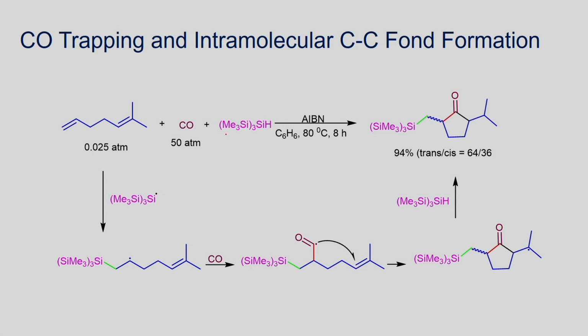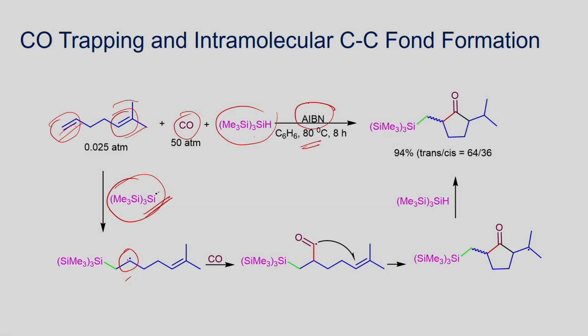And here the reaction of this alkene, carbon monoxide and silyl hydride is shown in the presence of AIBN. As we have just seen, AIBN can convert into a radical when you heat it, and the radical can now abstract the hydrogen from the silyl hydride. You form this silyl radical. The silyl radical can undergo addition reaction. Since you use the bulkier silyl radical, which reacts selectively with the less substituted double bond, you get this secondary radical.